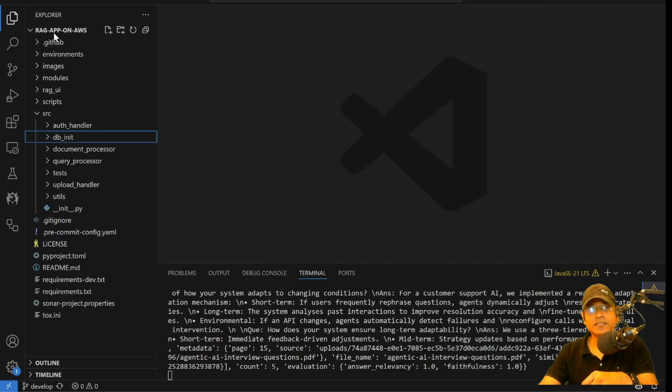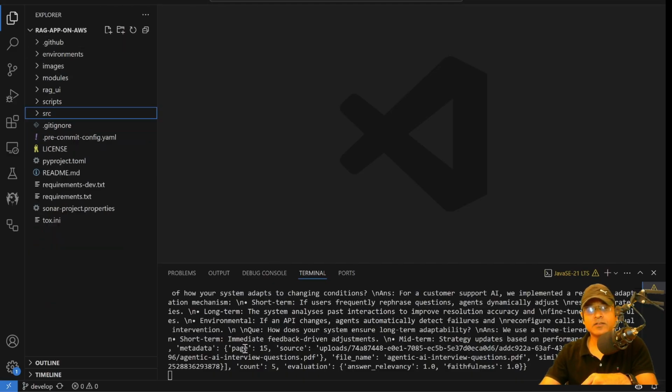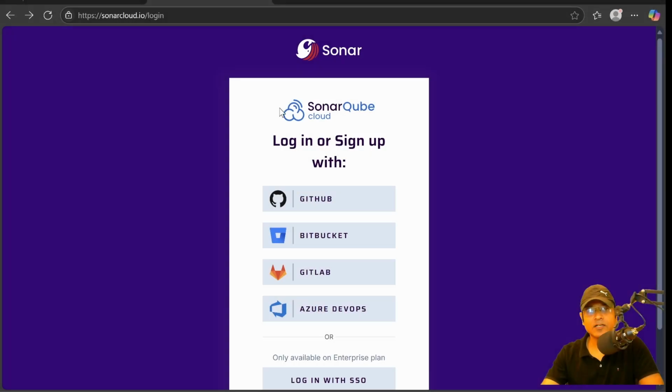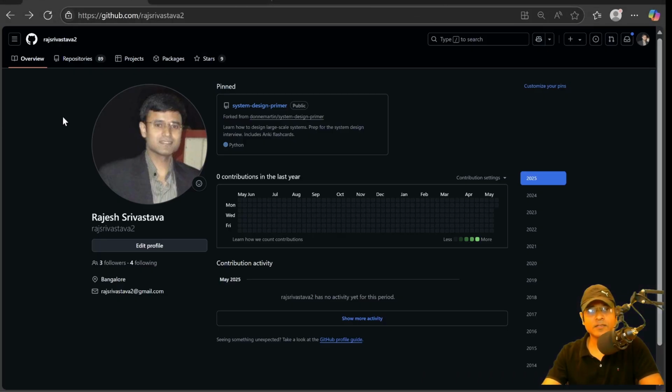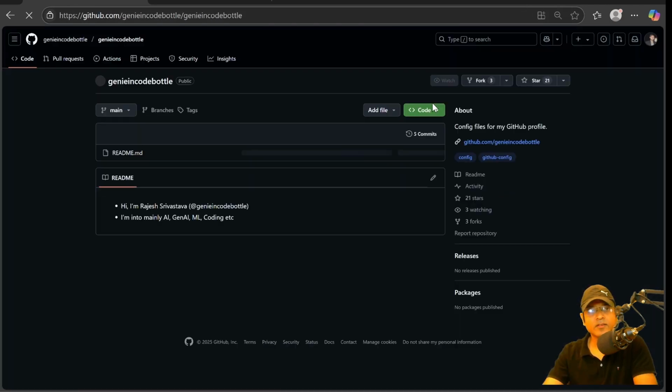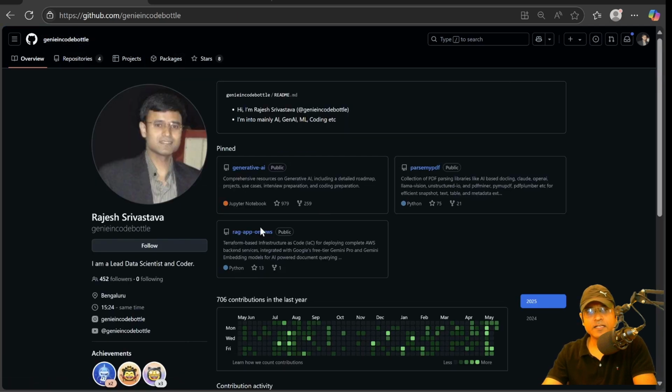So I have this RAG app on AWS code, and it is here in my GitHub repo. How you can start it quickly, I'll first go the fast way. I have one demo account of GitHub, and first I search my repo. This is my repo Genie in code bottle, and I can see RAG app on AWS. I'll go here